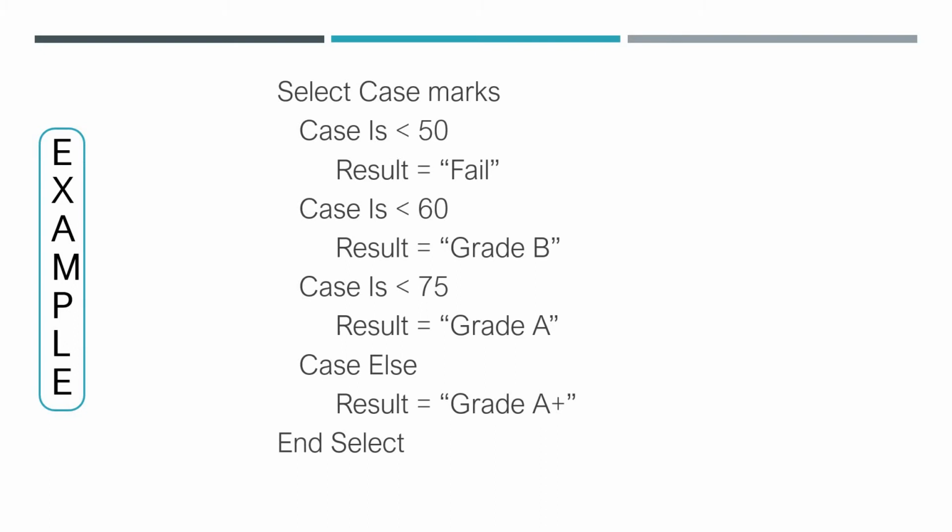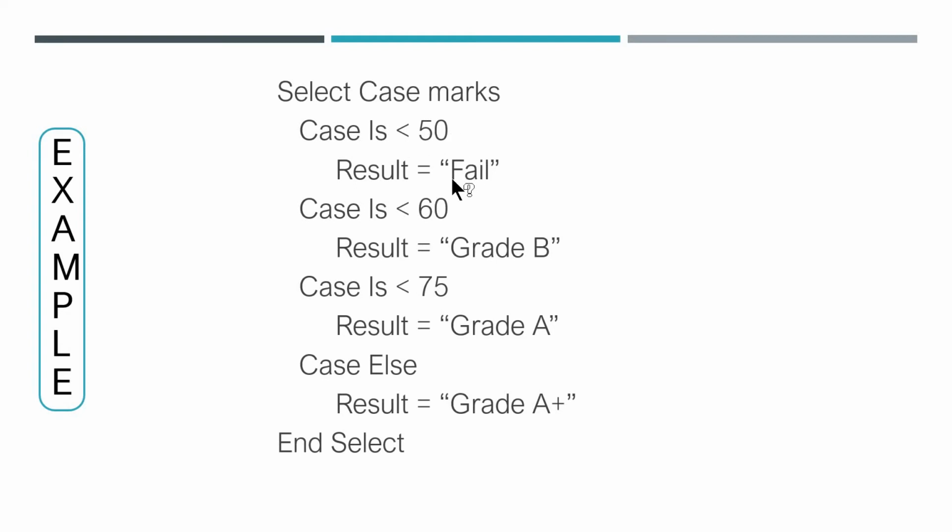The is operator is mainly used to validate whether two objects reference the same variable. If this testing is true, then it will return true. Otherwise, the result will be false. Correct? Then here, case is lesser than 50. That is, whether marks is lesser than 50, that is whether 45 is lesser than 50. Yes, the result is true.